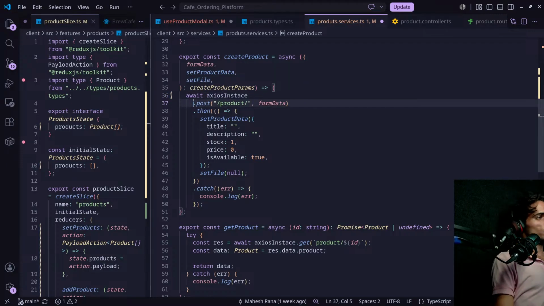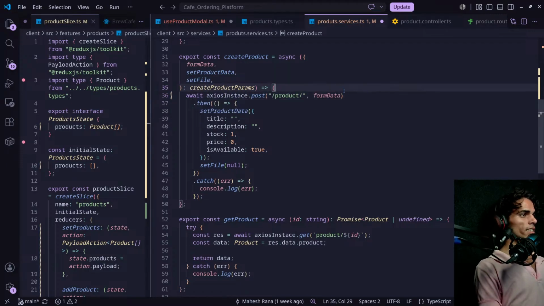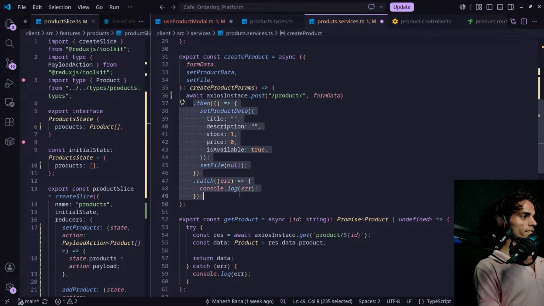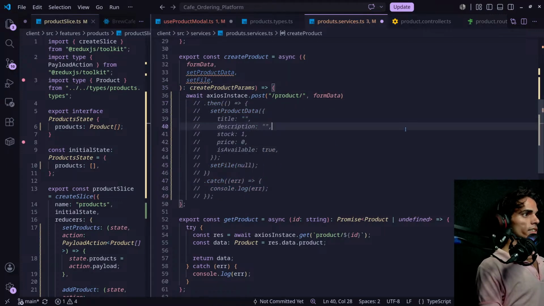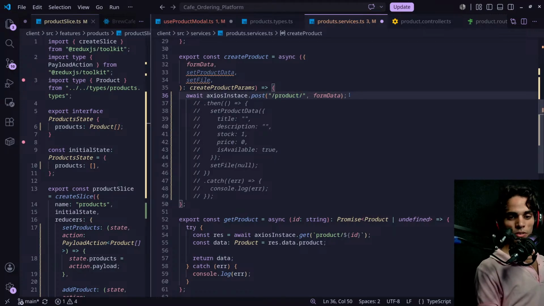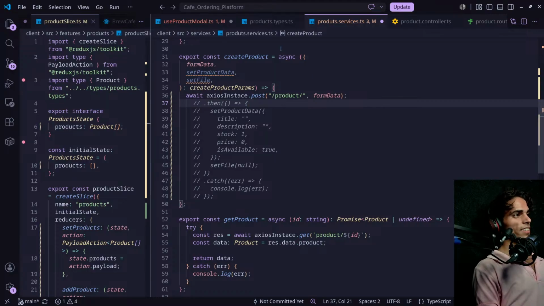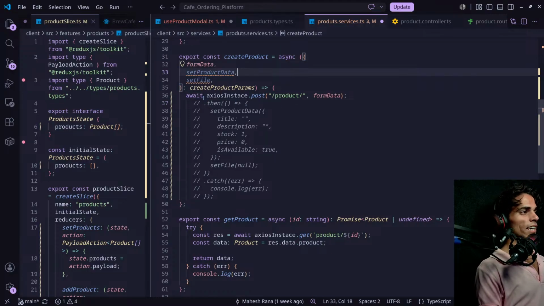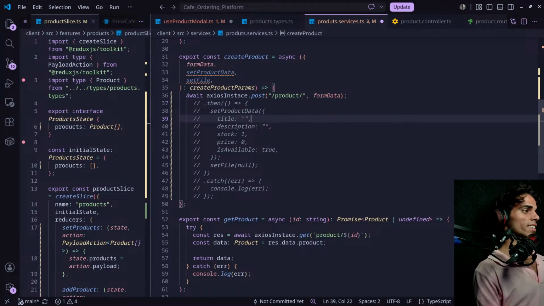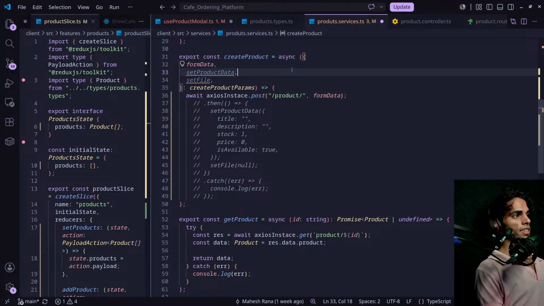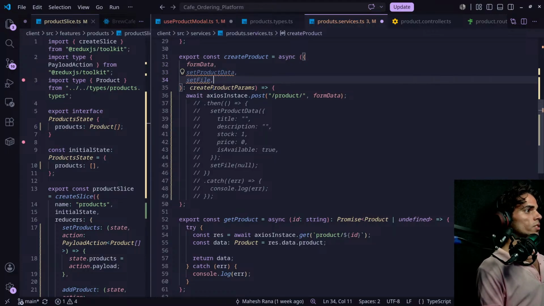Post access dot post. Get here and don't use then and these all. Cut this and await access dot post product form data, and we'll get response from here. No, I was using async and then I was using then here, so something like this was confusing because I mainly don't write async if I'm not going to use then. Okay, so let's,